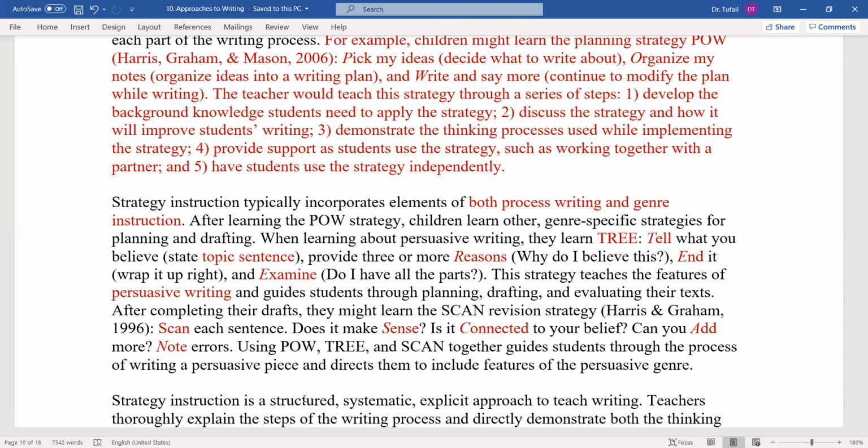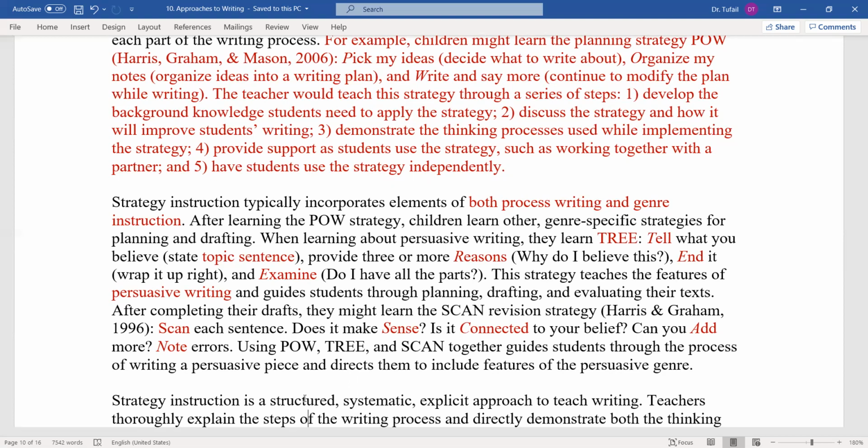And afterwards, okay, you have to end your paragraph, and the other is that you have to examine what you have written. So this is another strategy: tell us your topic sentence, give reasons why you believe that, conclude it with an effective sentence, and finally examine it. Okay, so this was another strategy, POW, then TREE, and then we have another strategy